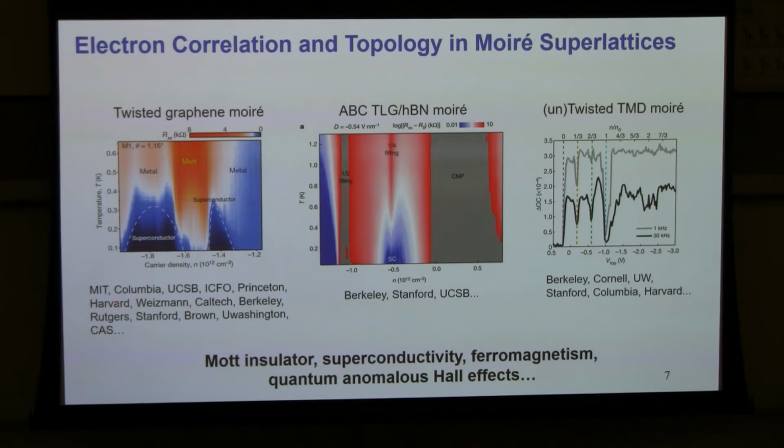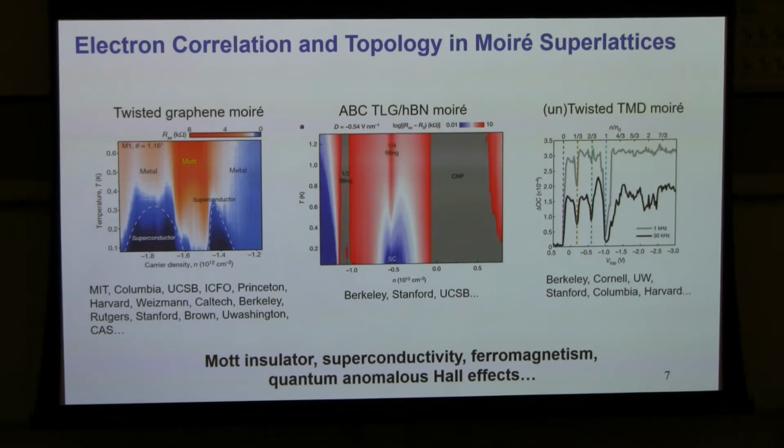And this is where my colleague Pablo found superconductivity that really looks like, at least in phase space, cuprate superconductivity. And there have been other Moiré superlattice materials people use to get correlated topological phenomena. For example, ABC trilayer graphene, hBN Moiré. This was done by my advisor Feng Wang together with David Goldhaber-Gordon here. And there have been twisted TMD Moirés, and there are a lot of ongoing beautiful efforts on campus here.